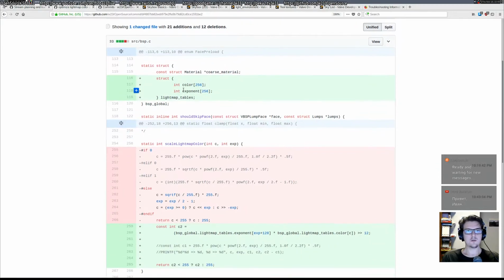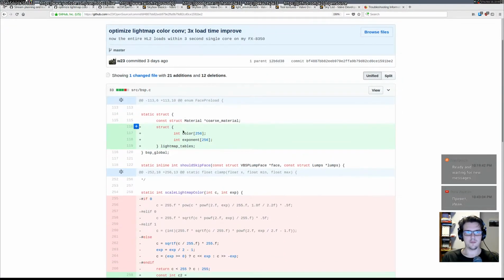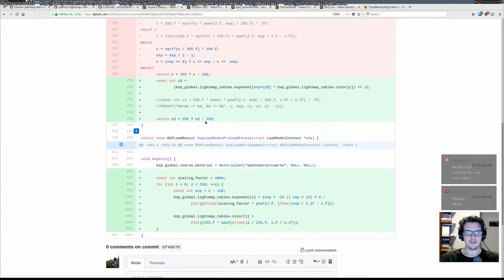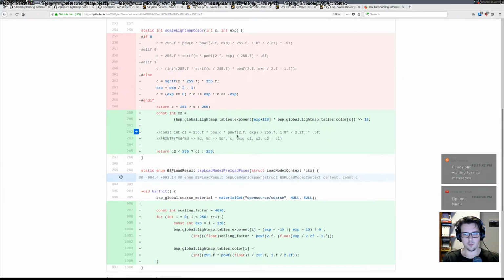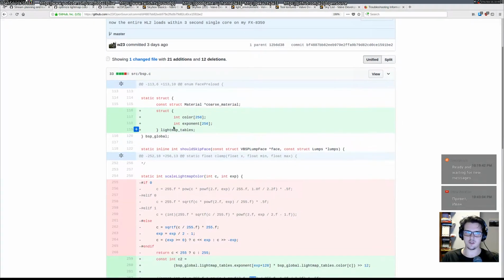So the optimization here was to build 2 color tables. Basically, both the color and exponent are unsigned bytes, so they have only 256 distinct values each. So what I did is I built this function, and when you work with it a bit, it really boils down to multiplication of 2 values, one of which depends on the color and another one depends on the exponent. So I can build just 2 tables